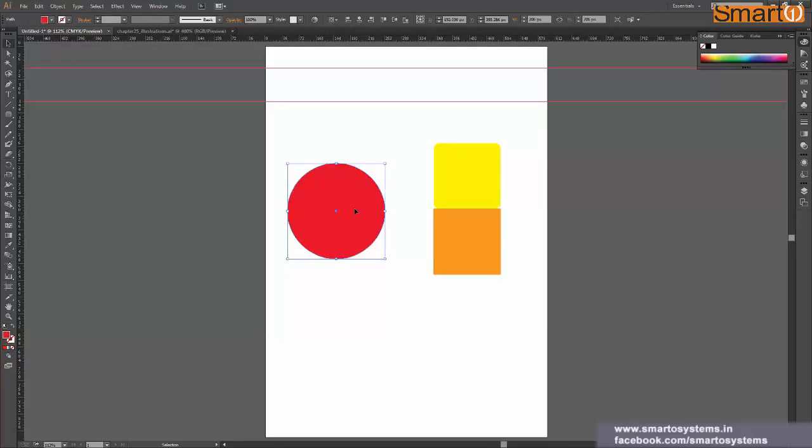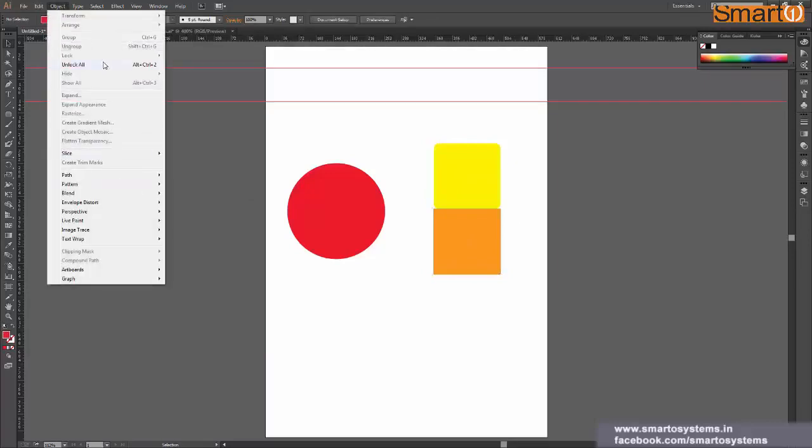Now again the same problem: if I want to unlock a particular shape, I cannot do that, because you cannot select a shape and say unlock this shape. All you have to do is press Ctrl Alt 2 to unlock all, or go to Object and Unlock All from here.